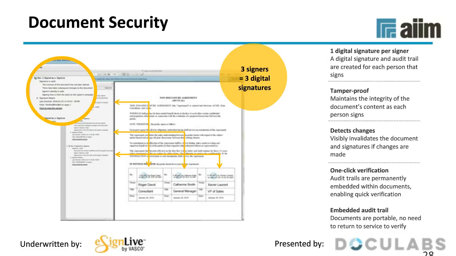Now, you can't talk about e-signatures without talking about security. And really, the security of the tool is often an important deciding factor for organizations that are evaluating e-signature solutions. Because you're often dealing with legally binding documents, you want to make sure that the solution you're evaluating secures the document and ensures that it cannot be tampered with. So what you'll want to do is use an e-signature solution that uses advanced digital signature technology, which is essentially an encryption method that will tamper seal the documents and visibly invalidate them if any changes are made.